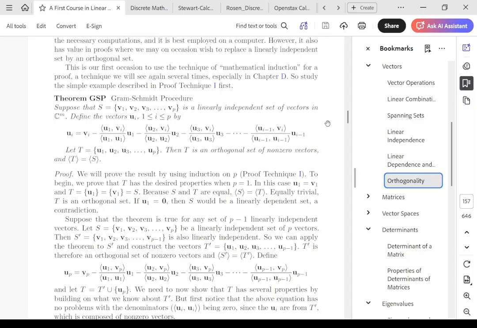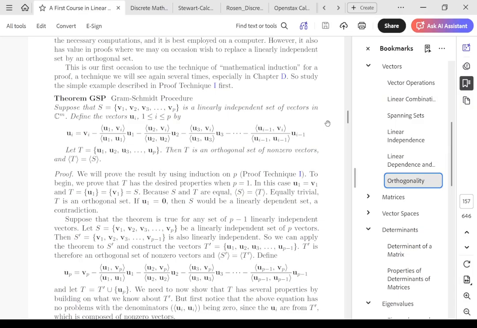And now I want to define the vectors by this operation here, all right? So I arrive at a new set of vectors that I've redefined, calling them U1, U2, U3, U sub p. Then T is an orthogonal set of non-zero vectors, and the span of T is equal to the span of